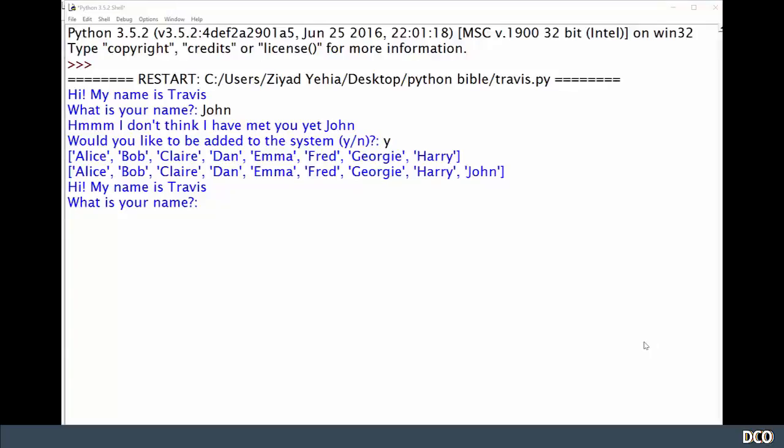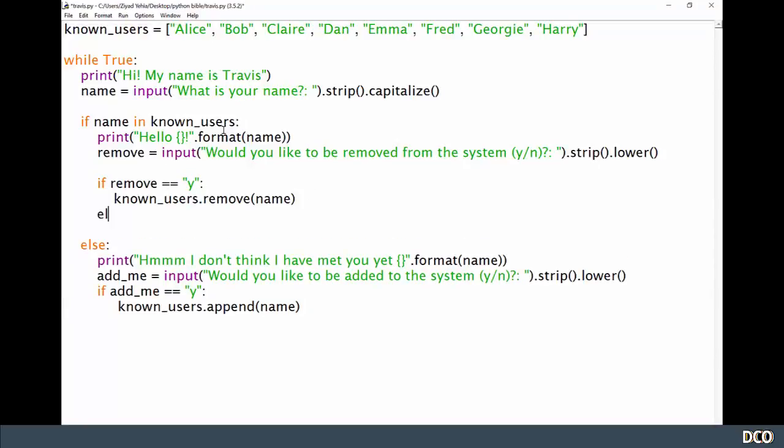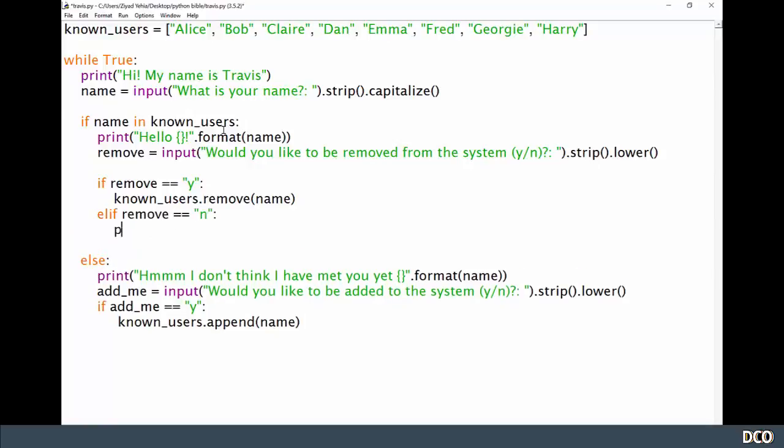So we're pretty much there, you guys. Let me just go and have a look at this code again to make a few finishing touches. So I'm going to first get rid of this whole print thing that I just used to display the point to you. Then we're going to get rid of that. Okay. Now let's say they enter no to any of these things. So let's say if remove is yes, then remove them. Else, if remove is no, then print